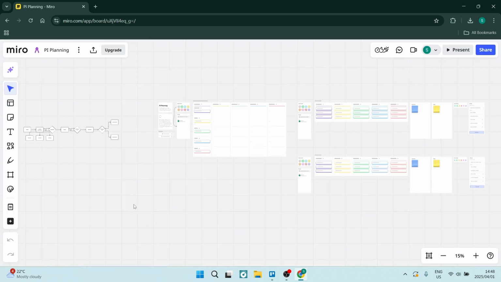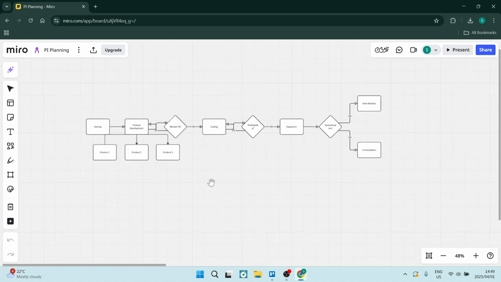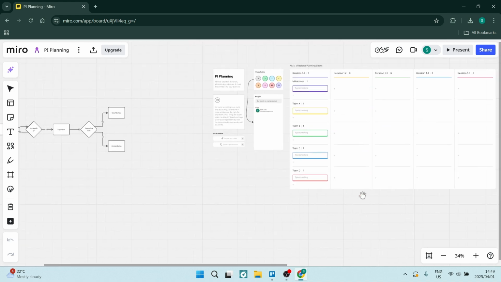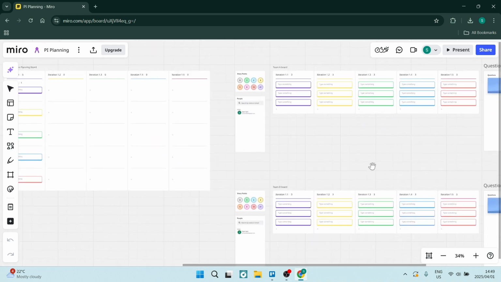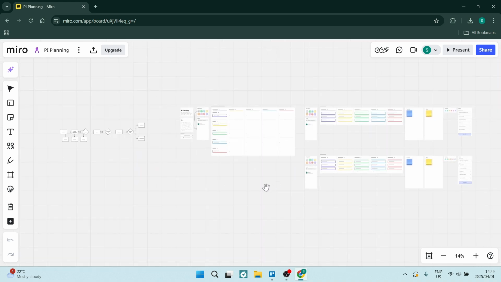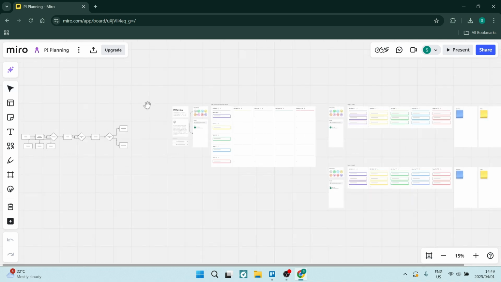I'm going to go into this pie planning over here. So as you can see, there's quite a lot going on. And what you can do actually is just use the V to change your cursor to the navigation, and here you can see your individual sections over here. All right, but this may not be the best way to organize because this is a relatively small board with very little information, and if you are going larger,